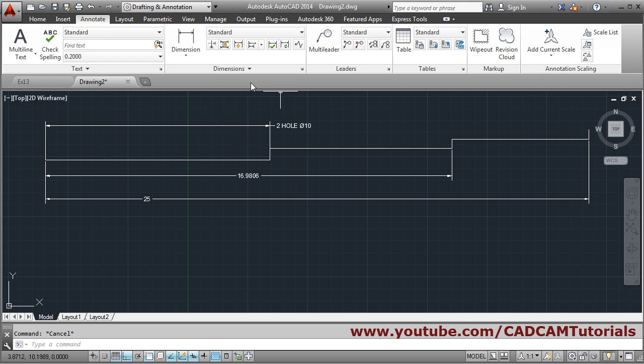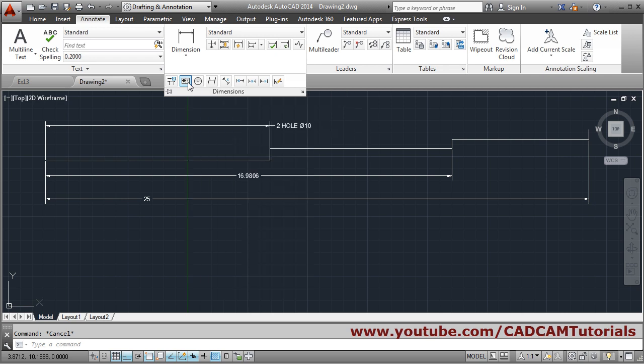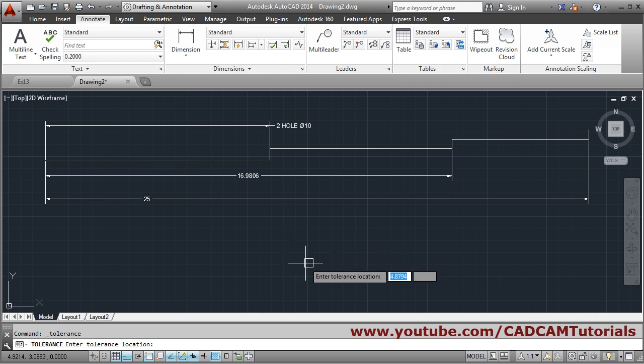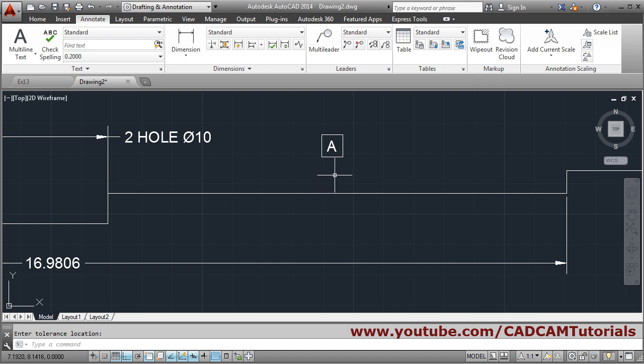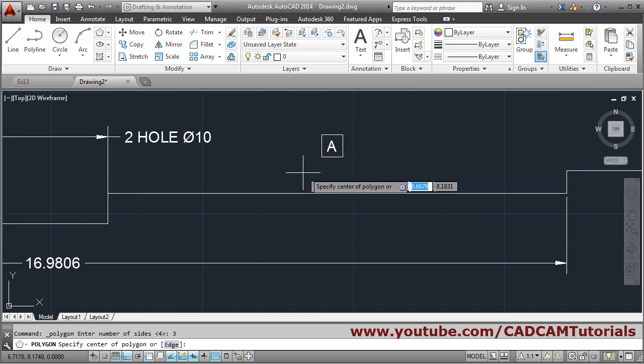If you want to give geometric tolerance, then you can give it from here, tolerance, click on the tolerance. Then suppose at first I want to create a datum, so I will just create one datum called A. Okay, then click. Suppose I will click it here. Then to create the connecting line, you can use the polygon command here, polygon from home, then give the number of sides to be 3 and specify, take the edge method, click first point, second point, and then create a line from